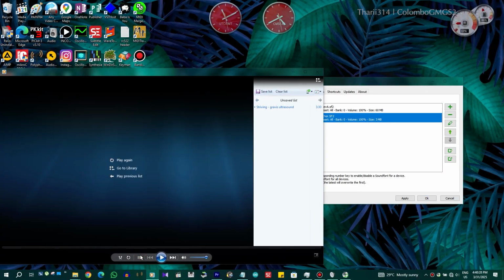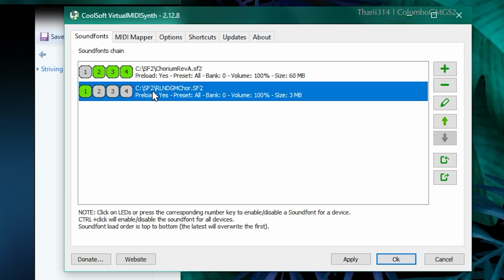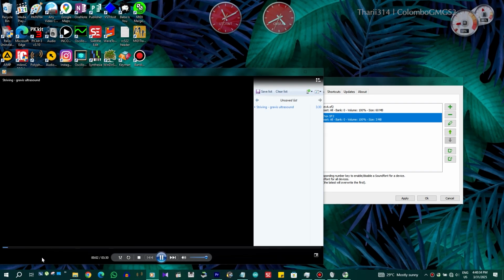Let's go through a demonstration of replacing an existing instrument. First, let's take a listen to my primary sound font. In this example, I'm using the classic Roland sound bank used in the GS wavetable.